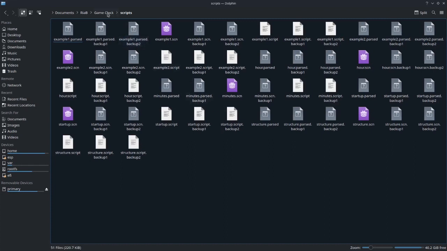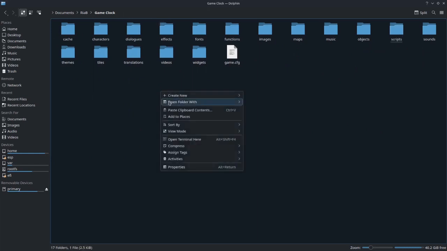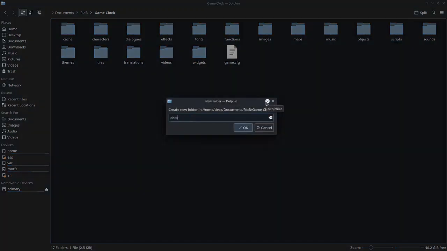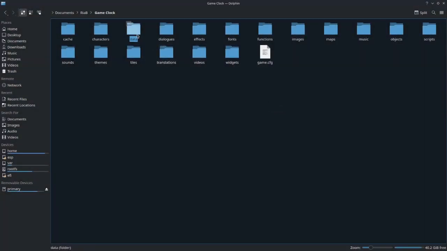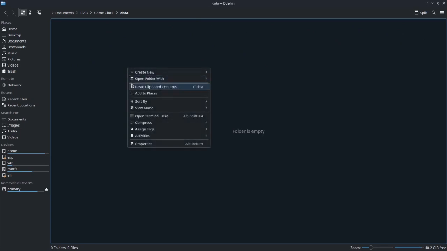What we want to do is go out of the scripts folder, because that's the one we were in, to our main project folder. So here we are in the Game Clock folder. We want to make a new folder, so right-click, Create New Folder. We're going to call this lowercase data, and the first thing we're going to create is a new text file